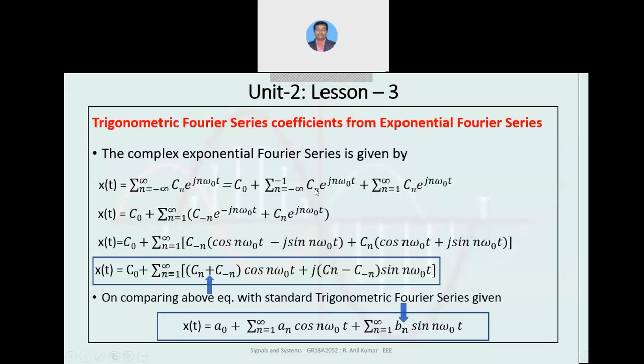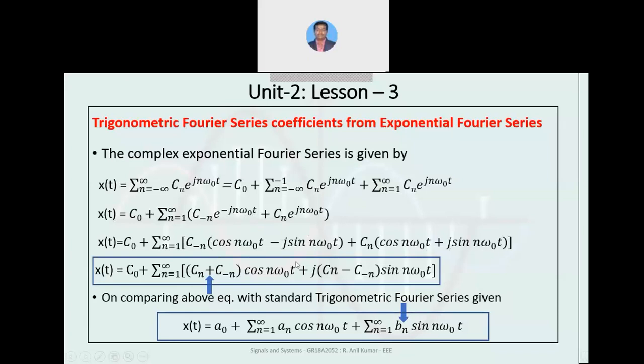So the minus terms representation can be changed slightly by replacing n with minus n in the first summation term, taking the summation from n equal to 1 to infinity as a common. Here I am just rewriting the n term with minus n so that I can take a common summation n equal to 1 to infinity. That is how the function will look, and we express e power minus j n omega naught t as cos minus j sine, and e power j n omega naught t as cos plus j sine.